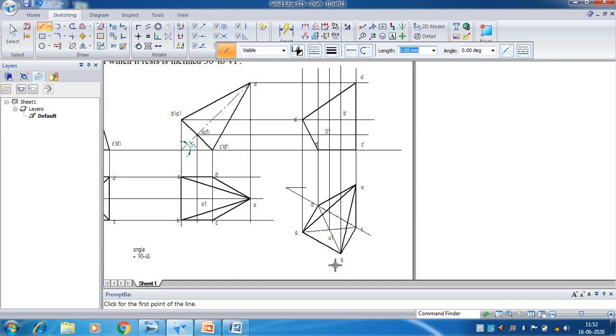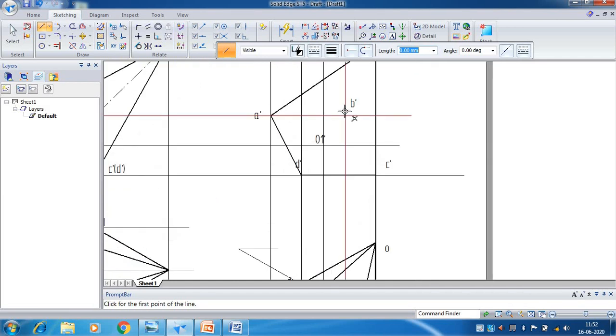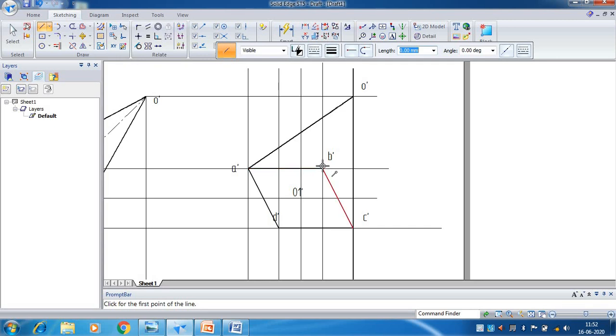Now to complete the final view, you need to look from the front. When you look from the front, this B is nearest. So whenever you are having the nearest point, the connecting lines should be solid lines, because when you are looking from here, B to C is visible, B to A is visible, and B to O is visible. But here in the second step, you were looking for the farthest point. The farthest point was C dash, D dash. That is the reason why we made these lines as hidden lines. So B to C, B to A, B to O should be solid.